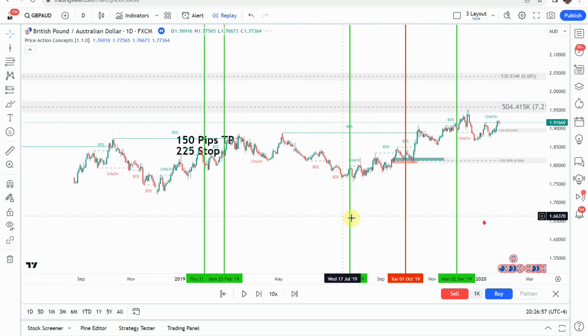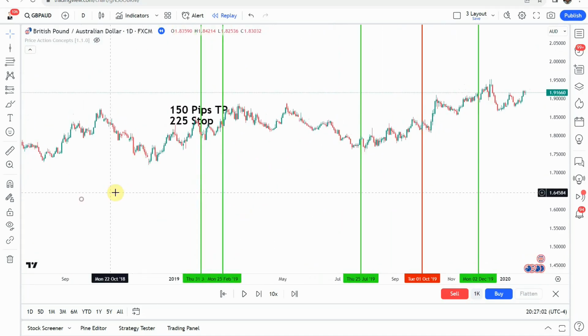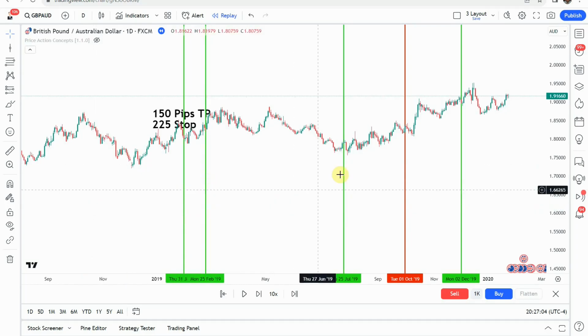Let's take a look at our indicator here. Let's get the scroll back. I'll go ahead and turn this off there. Alright, so we have 1, 2, 3, 4, and 5 trades. And out of those 5 trades, we got 1, 2, 3, and 4 winning trades. And so that is a pretty decent win rate. Definitely wish we had more trades in the 1 year's time, but 5 isn't too bad in 1 year's time